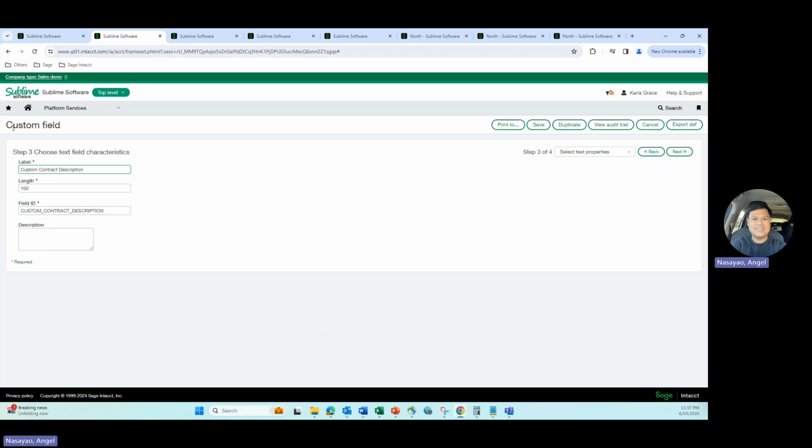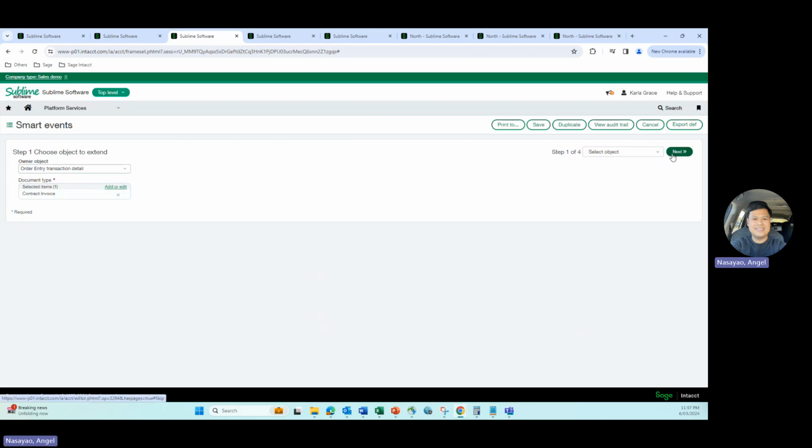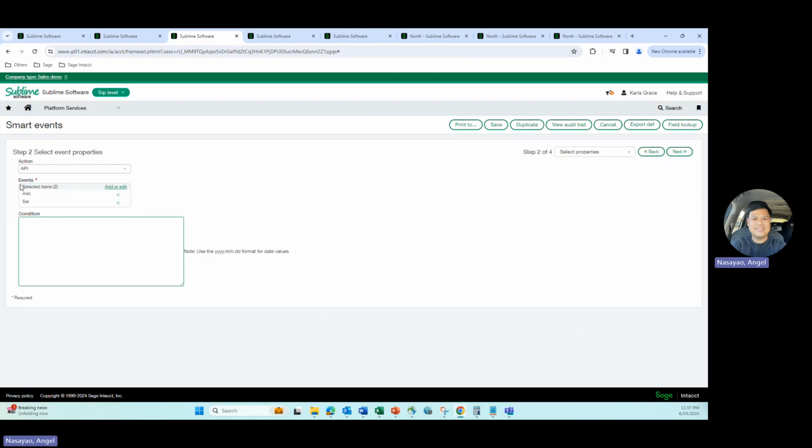Once you have created the custom field, you can create a smart event. That will be applied at the order entry transaction detail as well, for that particular transaction document type, or contract invoice in our example. And you can apply it, let's say, on create or on edit of the contract invoice. And it's up to you if you would like to put any condition in there. Maybe the condition can be that the custom field is empty,